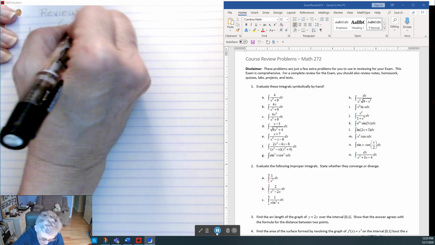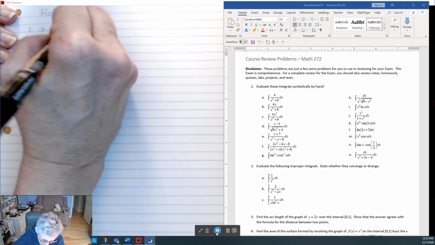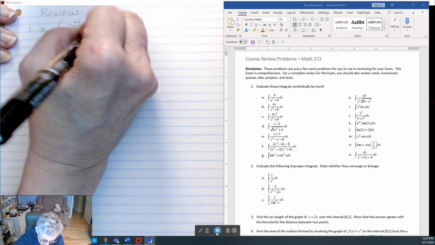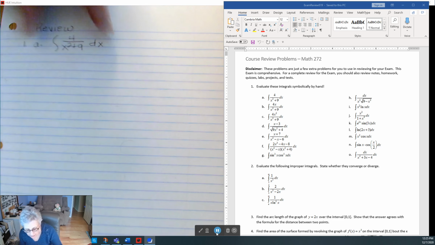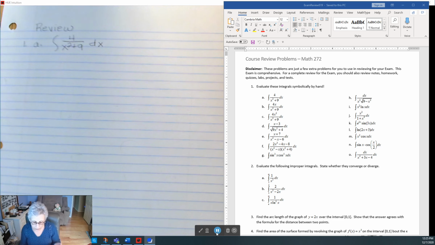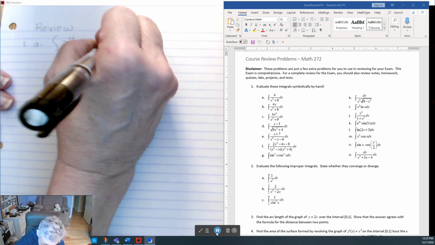And it is just 4 over x squared plus 9. If you really wanted to, you could use u substitution on this. You could make this look exactly like u squared plus 1, which is an inverse tangent problem. But if you have the formula for the integral of x squared plus a squared memorized, then you know that